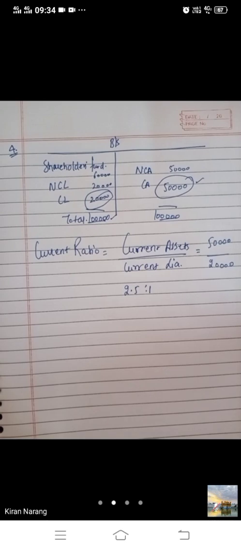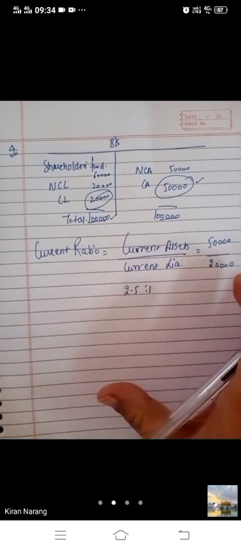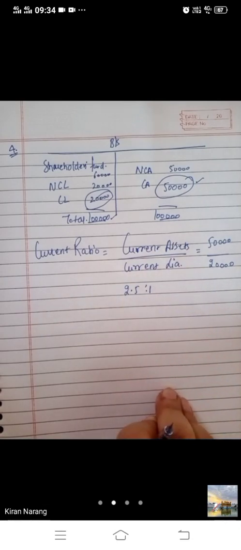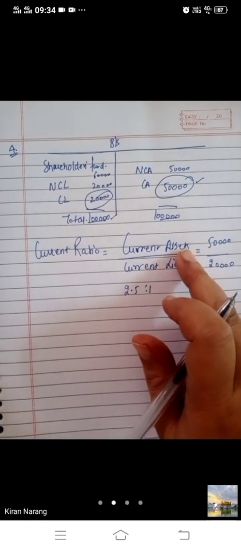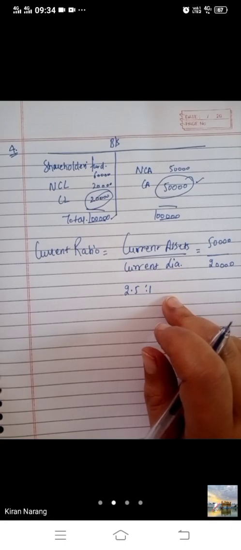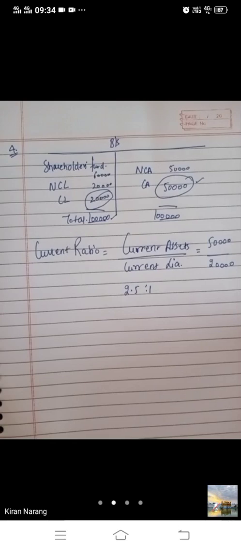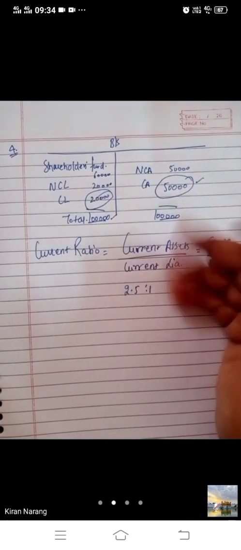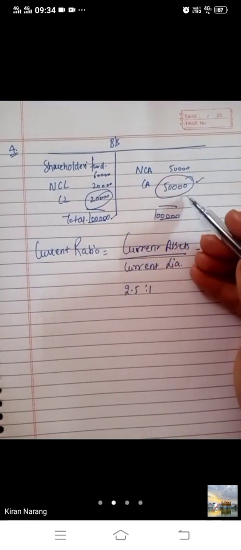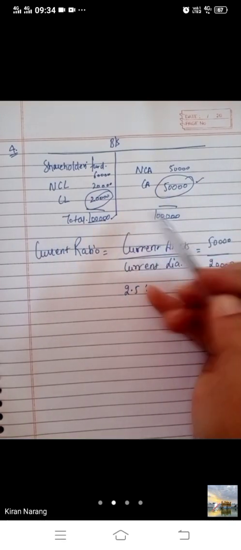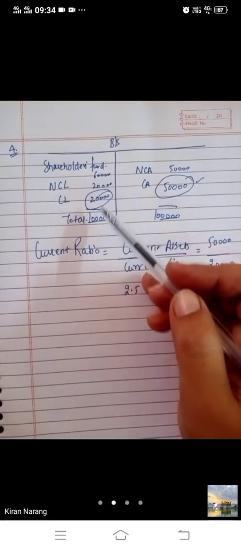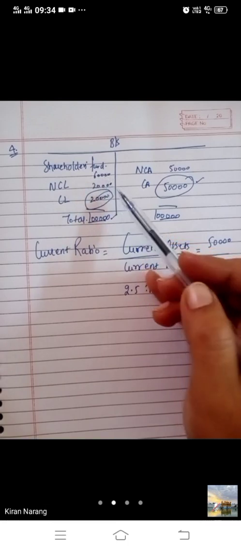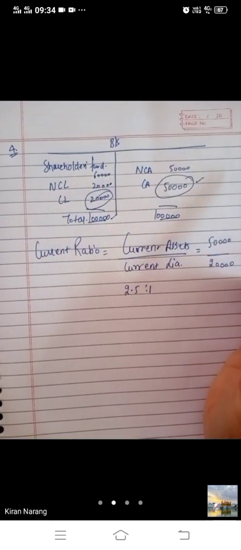More than satisfactory. If items are given to you, then you have to add all the items and then put current assets and then current liability. But if the information is given like this, you have to calculate like this. You should know that there are 3 major heads in the balance sheet on the liability side and 2 heads on the asset side. If total is given and non-current assets are given, the difference will be current asset. If total is given, then total minus shareholders fund minus non-current liability, the balance will be the current liability.